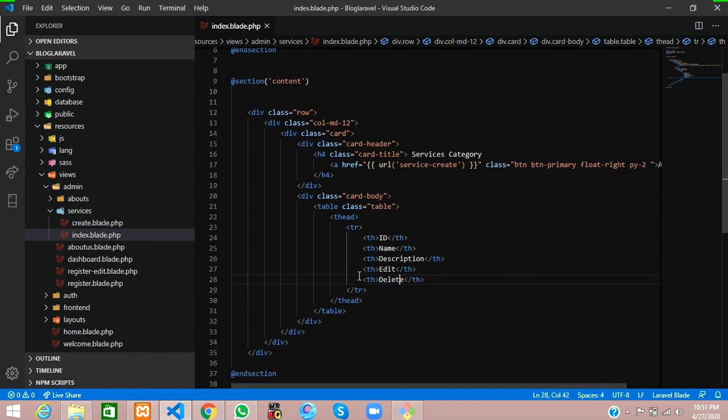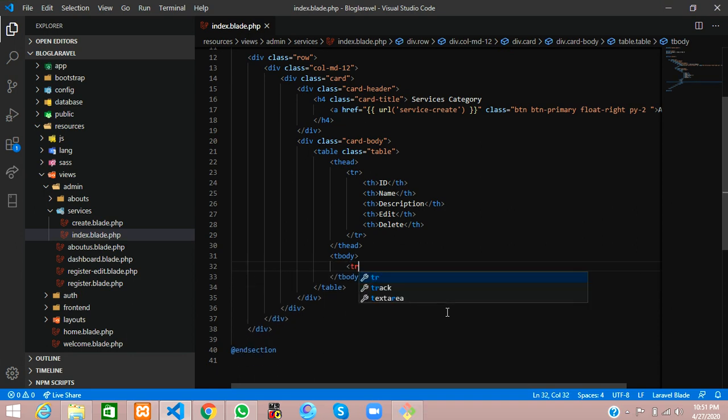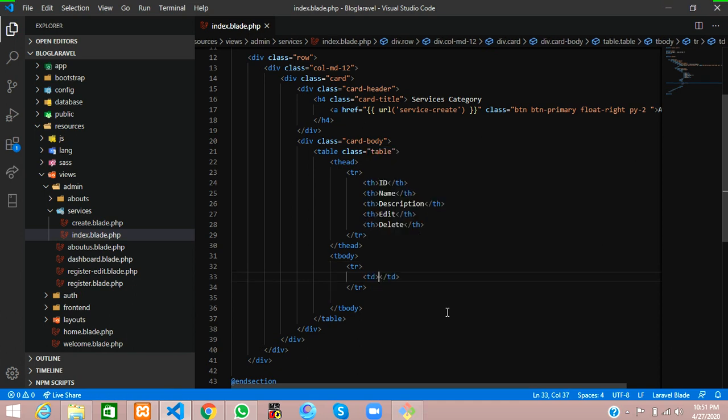After the table head, we create the table body, and inside that one simple row, tr, and then the table data, td, where we are going to fetch the data.